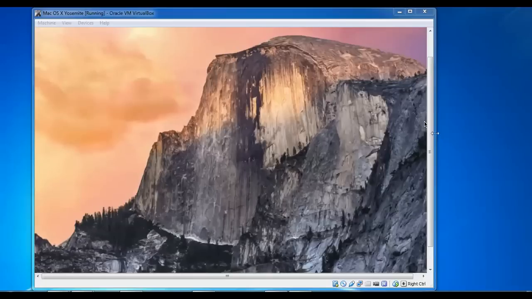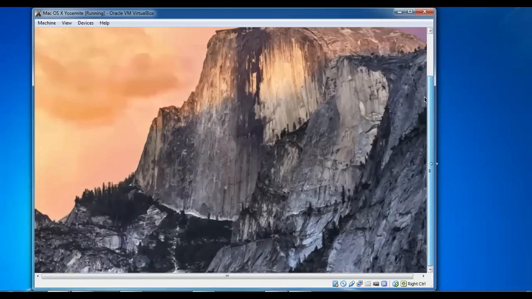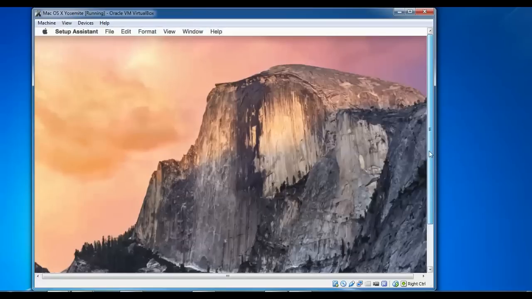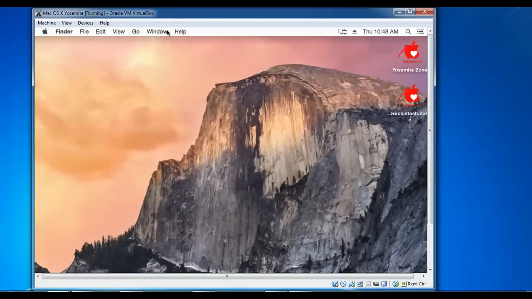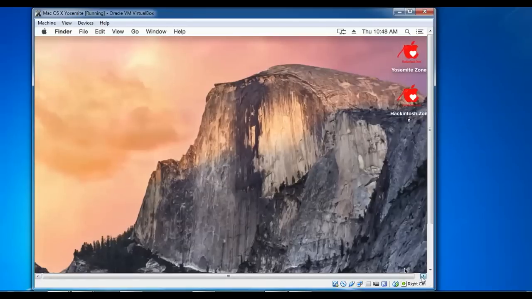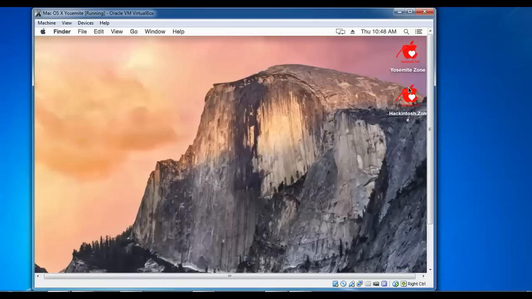So finally we log in here with Mac OS Yosemite. You can see the latest version has been installed. Scroll down, see, it will come up here. You can see on the right side also Yosemite zone, Hackintosh.